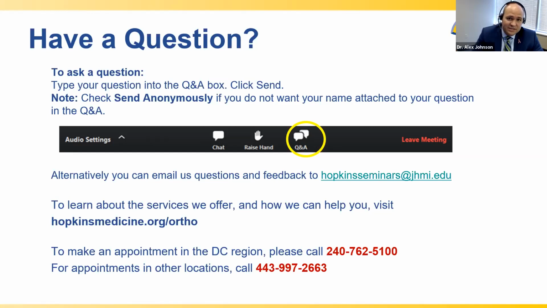Whereas if, say, you had a meniscus tear or an ACL tear, while it would help your pain, it's not going to completely solve the problem. So it's a little bit of both. I think it is helpful, and we definitely recommend those things, but it's not always the final treatment.